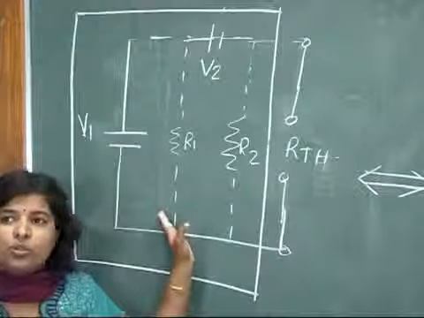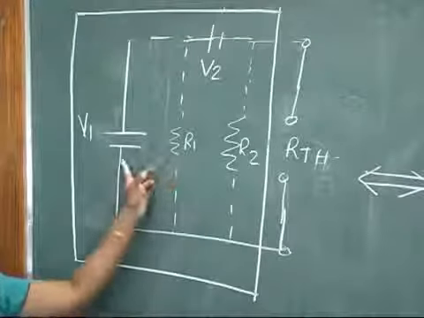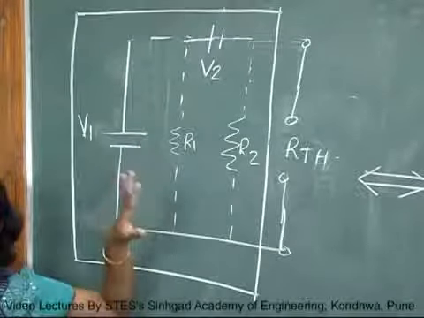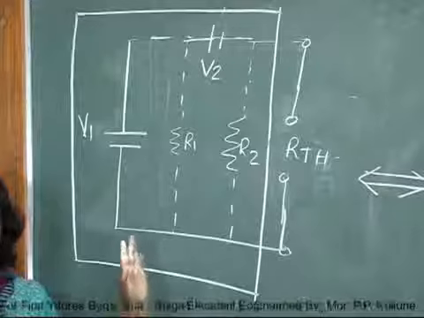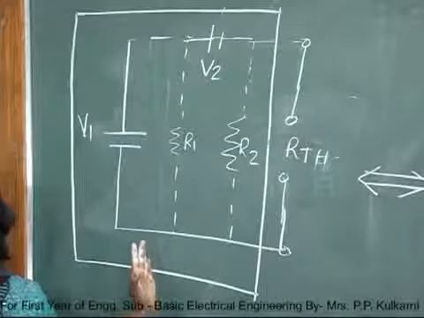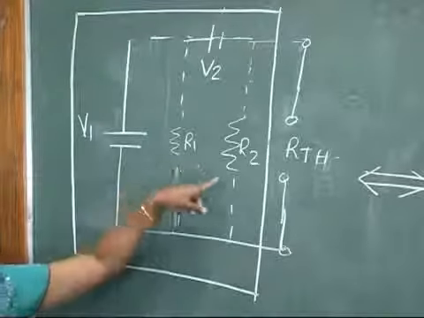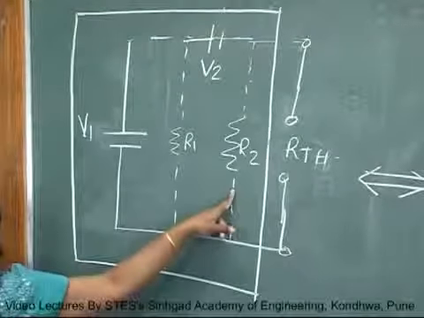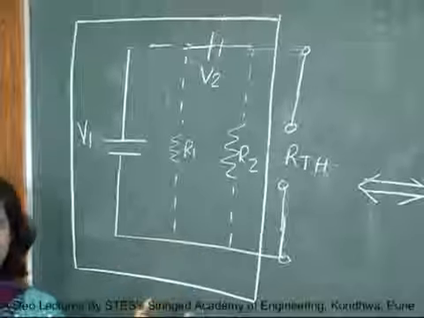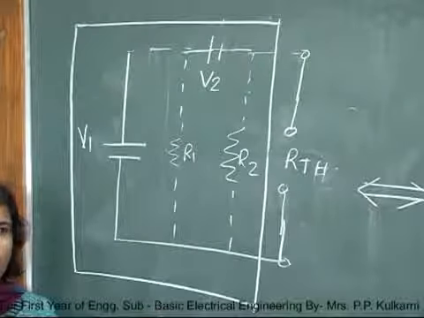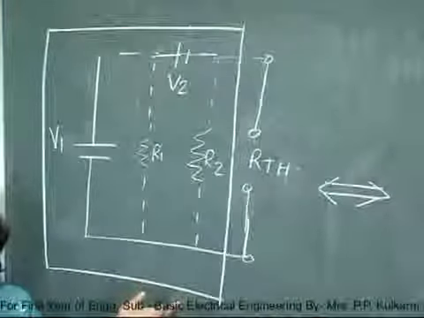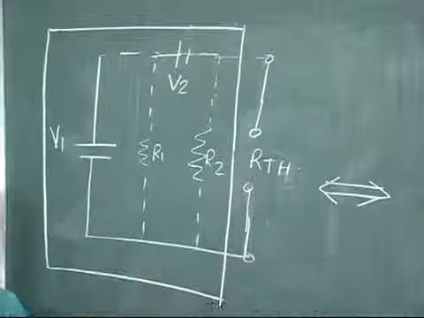Simultaneously, all the sources should be replaced by their internal resistances. If the internal resistances of the voltage source and current source are not specified, the voltage source should be replaced by a short circuit and the current source by an open circuit. So this is the fairly lengthy statement of Thevenin's theorem. But if you have understood the procedure of Thevenin's theorem, you can form a statement in your